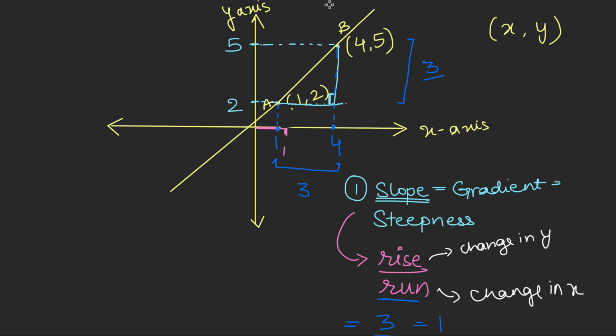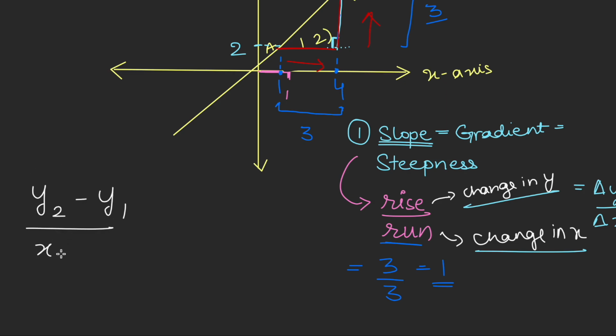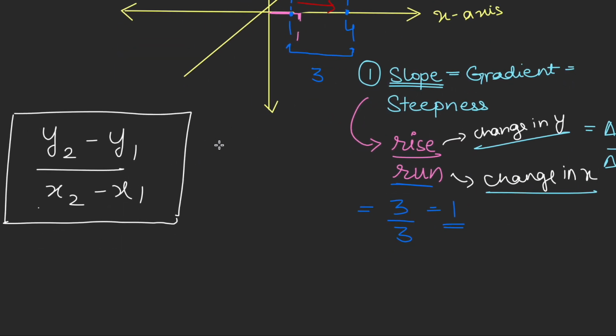So essentially my rise is how much do I have to move in the y-axis, upon run, which is how much do I have to move along my x-axis to go to my desired point. Another way of writing the formula of rise upon run is change in y upon change in x, which is delta y upon delta x, where delta represents change. This can also be written as y2 minus y1 upon x2 minus x1. This is for the case when you do not have a graph and you're only given two random points on a plane. So say I had the points C and D. My C was say 7 and 8 and D was...